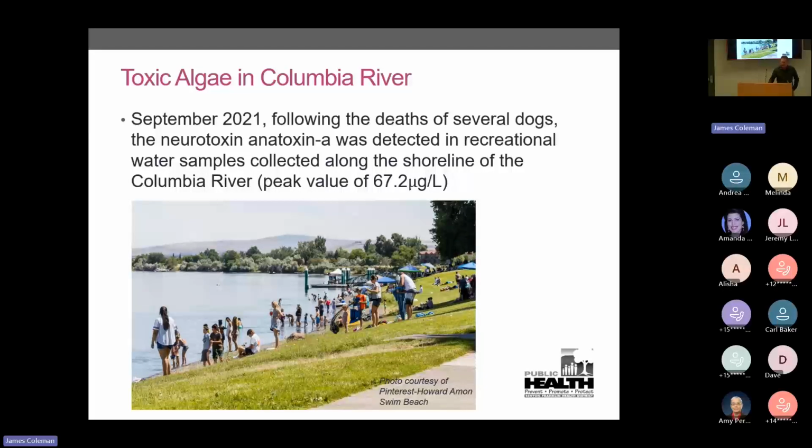So, like I said, our typical procedure is that we go out and sample the water. And we never saw algal blooms in the Columbia River. If you've been on the Columbia River, it's actually quite a clear, clean river. There's flow to it. It's usually quite cold. But in 2021, we had a report of a dog dying not too long after being in the river. The owner took the dog to the vet, and that vet